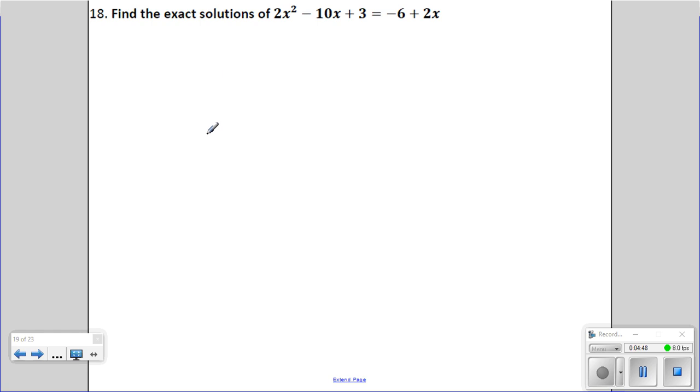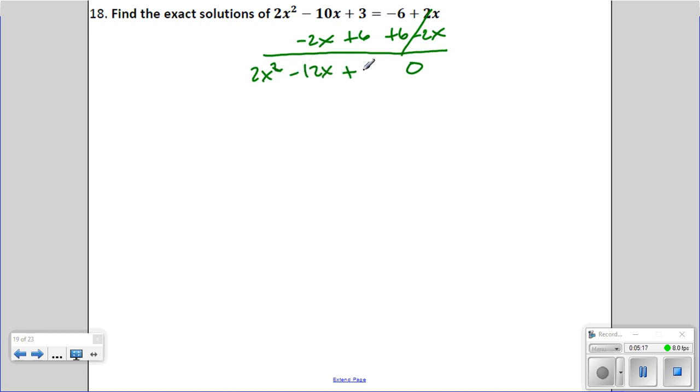Number 18 wants us to find the exact solutions of the quadratic equation. Before we can find the solutions, we have to move everything to one side. So that means add 6 to itself and 3, subtract 2x from itself and 10x to get 0. You would have 2x squared minus 12x plus 9 equals 0. Remember, when it says exact,